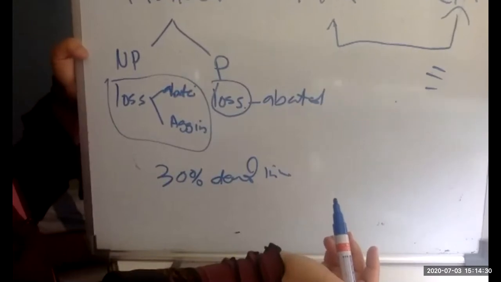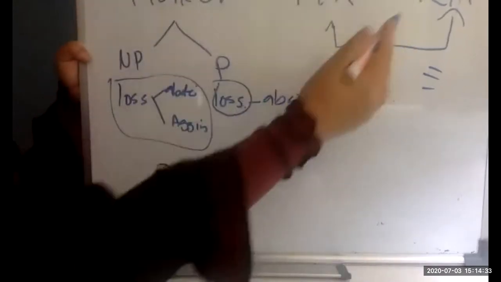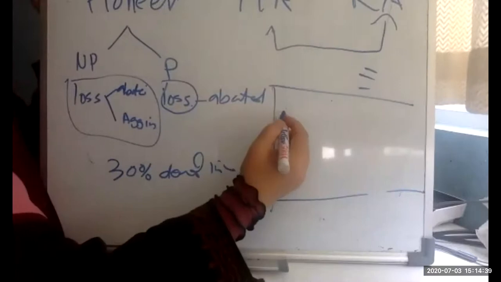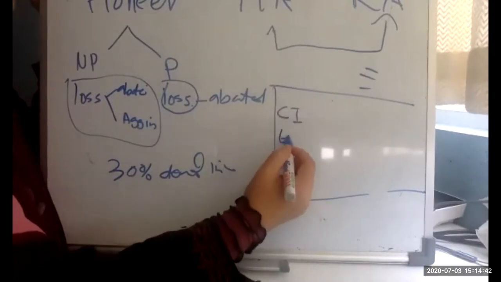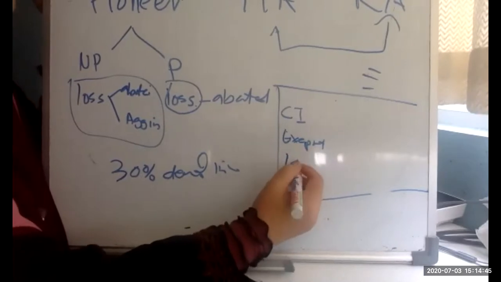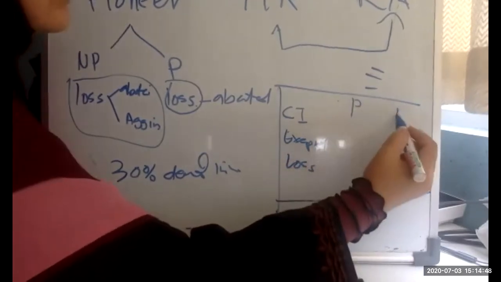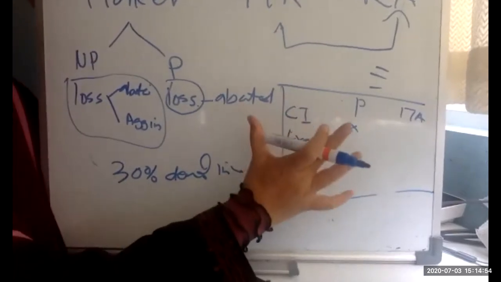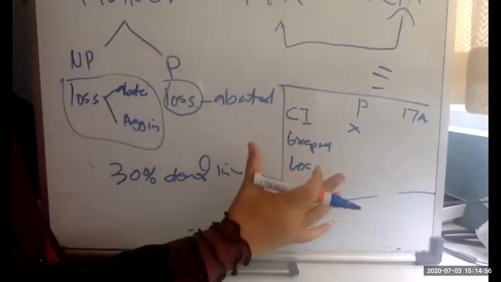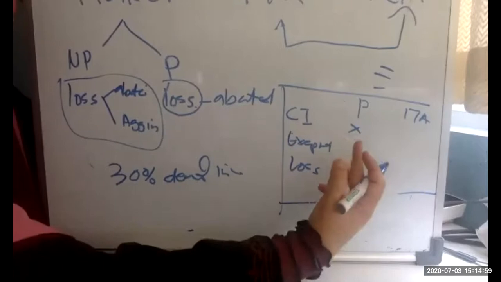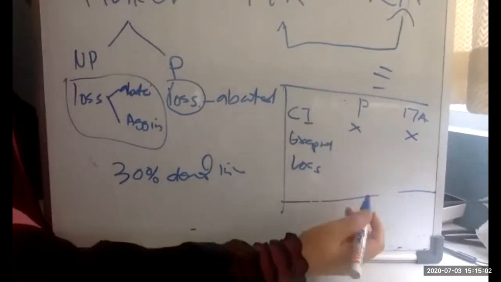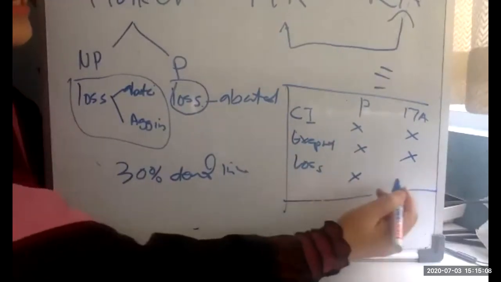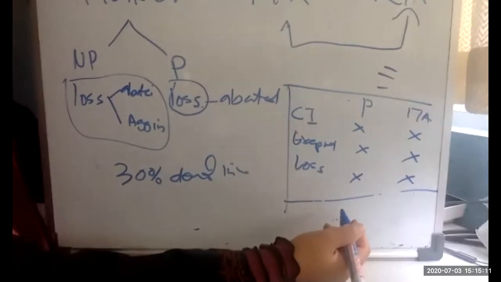Okay. Any question on pioneer? And whenever you talk about this tax incentive, later, when you are required to compare, what you do is that you have your chargeable income, and then you have exempt account, and then you have losses. Then if you were to compare between pioneer and ITA, you do that table. Then you put in under pioneer how much is the chargeable income for the 5 years period, or whatever period that you are given. If 3 years, then it's 3 years. So you compare total chargeable income of pioneer and ITA, how much the exempt income for the whole period, and whether there are any losses carried forward available to be set off against your future.